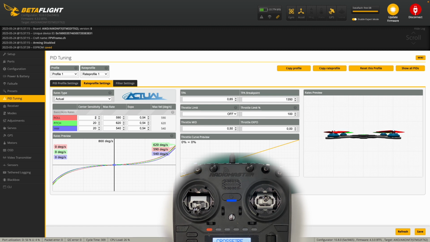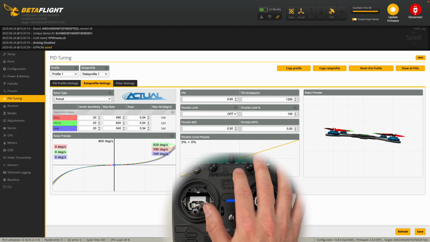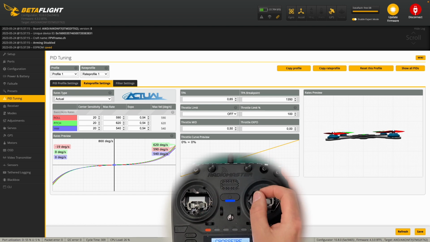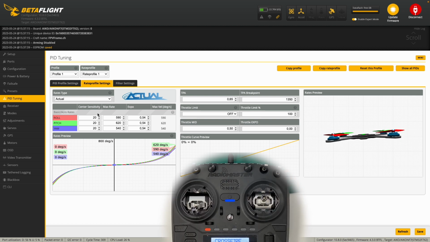Now, why do I want it on 20? Because if you look at the stick right here, when you're in the middle, there's a little latch there. And if you're just flying inside that latch, you're going to get a little bit of this when you're flying with the drone. You can hardly see it, but when you're going through it, it stops and then starts going again. So the less you have here on the center sensitivity, the less you're going to notice that